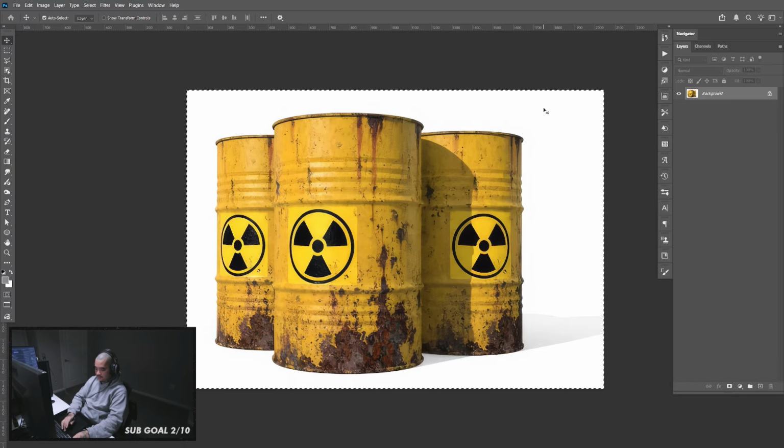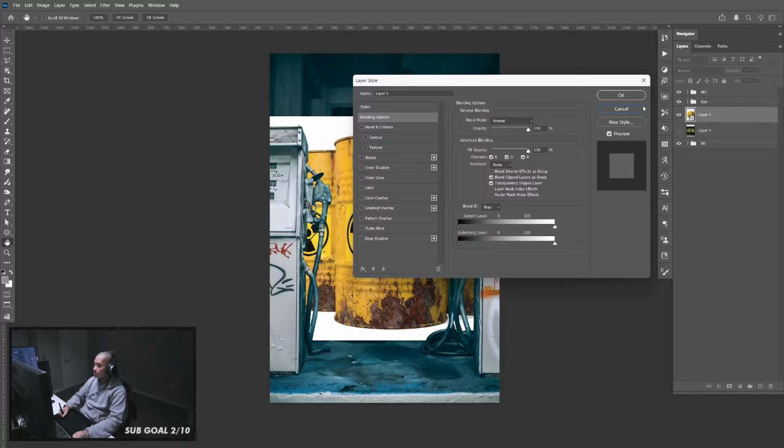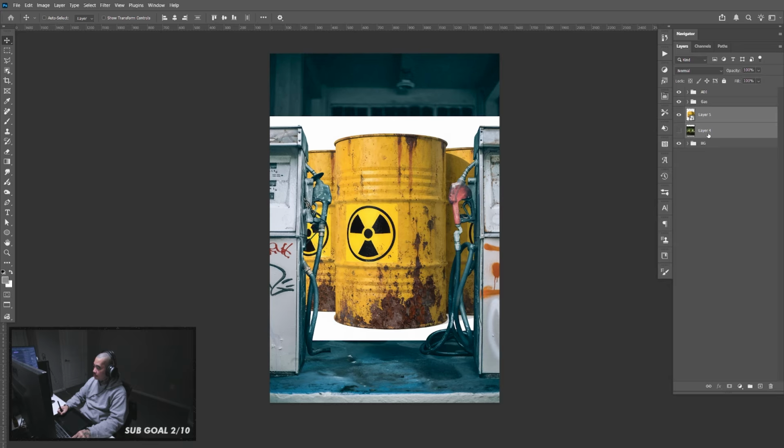So let's try this. So this one is converted to a smart object. All right, group that, name that cans,